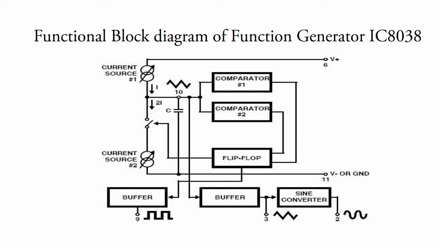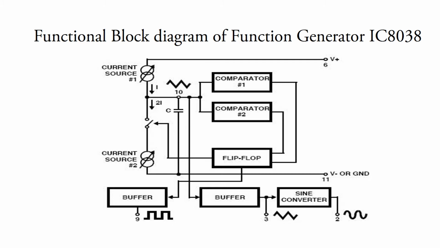So first we'll see the operation of the circuit. Here you see the current source 1 is continuously on. It has been connected to the supply, 6th pin. So it is continuously on. And current source 2 is controlled by the flip-flop. So the flip-flop controls the state of current source 2, whether it is connected to the circuit or disconnected from the circuit through the switch. When the flip-flop is on, the switch is closed and the current source is connected to the circuit. When the flip-flop is in off state, the current source is released from the circuit. In this way, current source 1 and 2 are connected in the circuit.